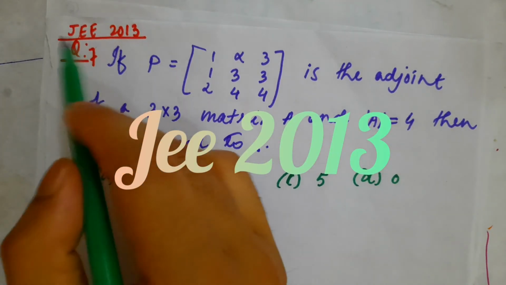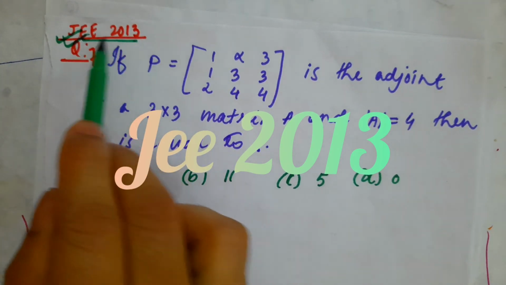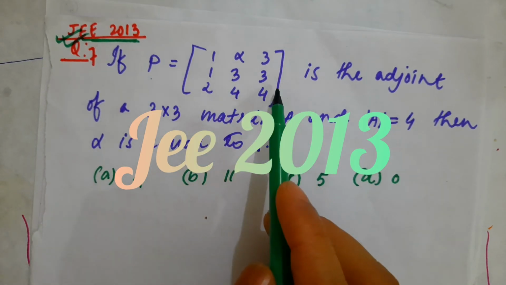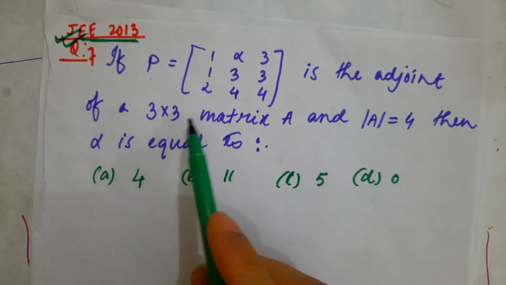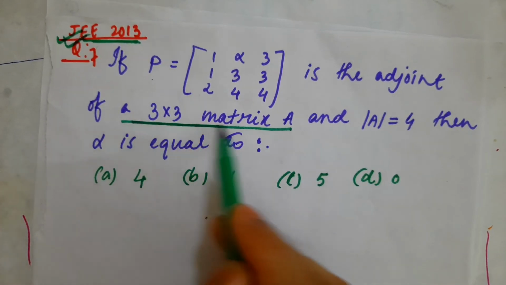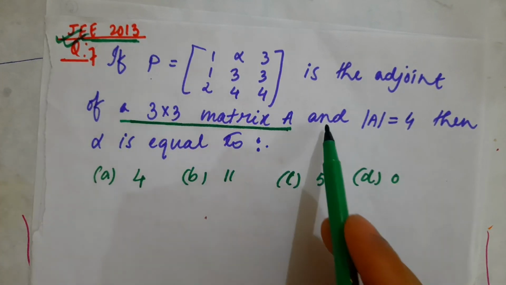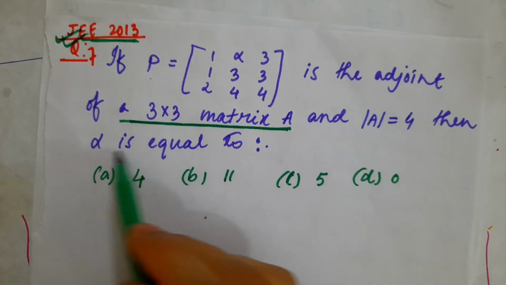That's the last question I'm discussing for today. It was asked in JEE 2013. If P is a 3 by 3 matrix, the adjoint of a 3 by 3 matrix A, and the determinant of A is 4, then alpha is equal to